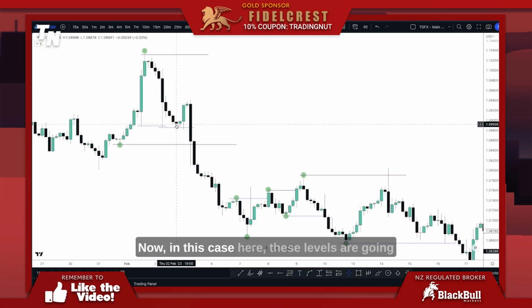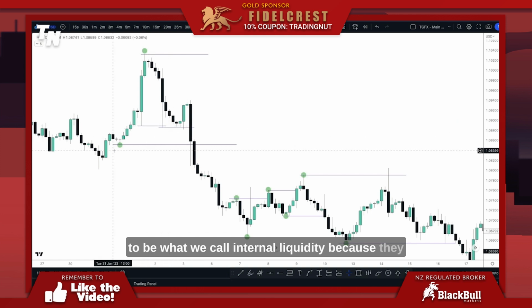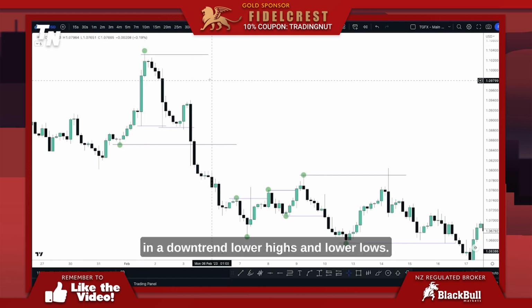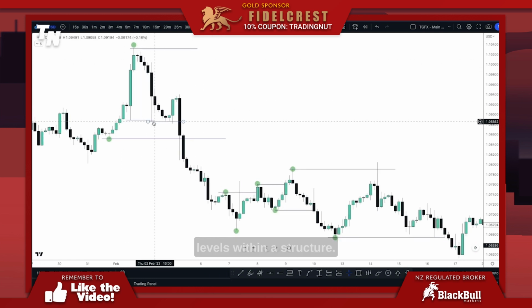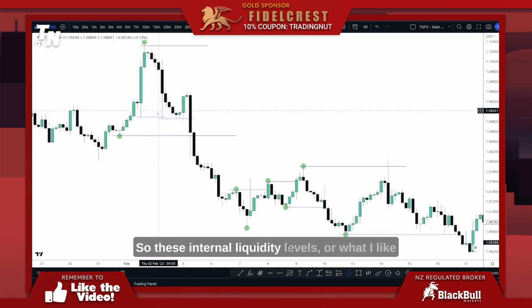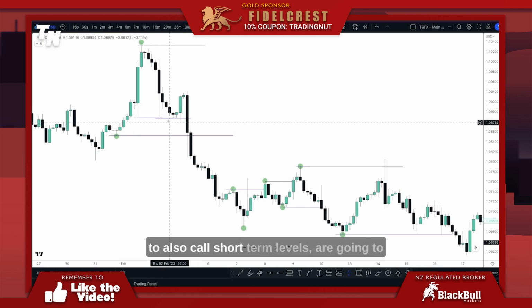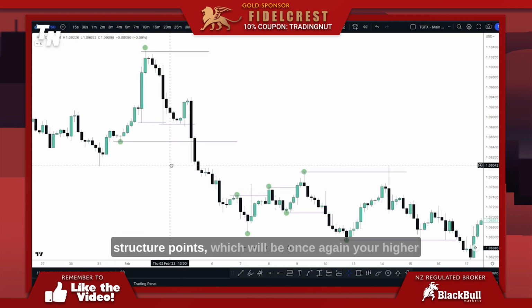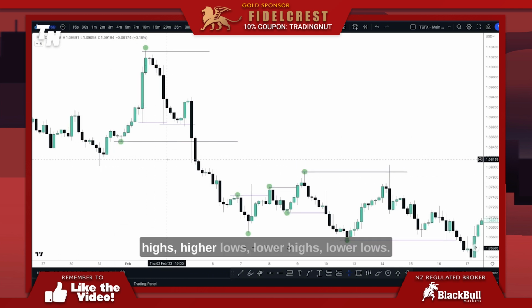Now, in this case here, these levels are going to be what we call internal liquidity because they are not structural higher lows or higher highs, or in a downtrend, lower highs and lower lows. Instead, these are just liquidity levels within a structure. So these internal liquidity levels, or what I like to also call short-term levels, are going to help you create new external liquidity or new market structure points, which will be, once again, your higher highs, higher lows, lower highs,